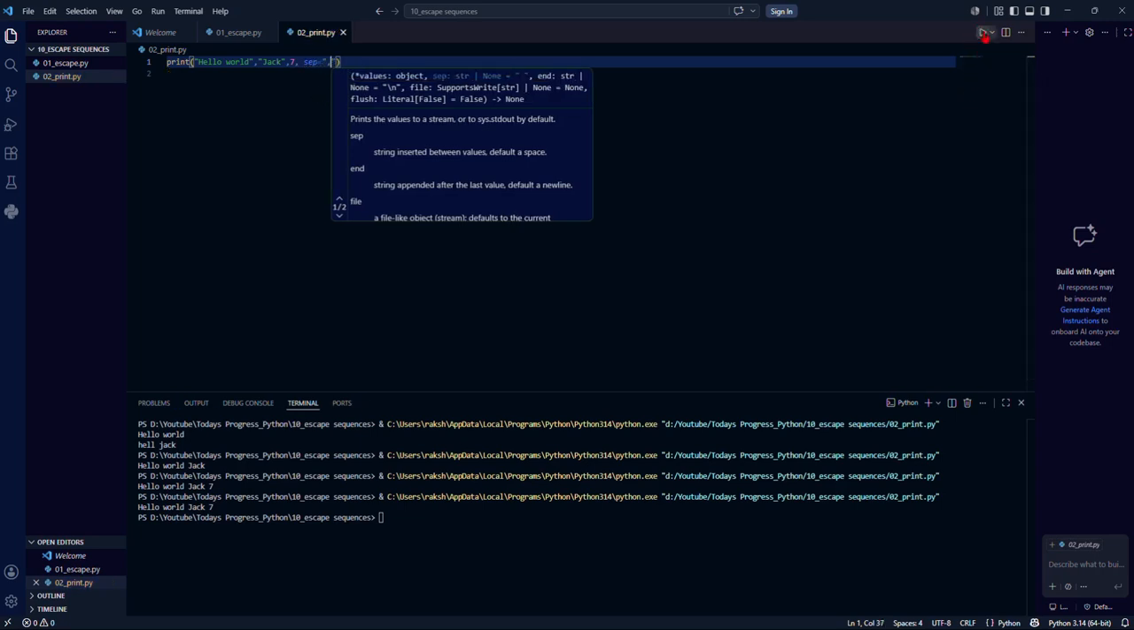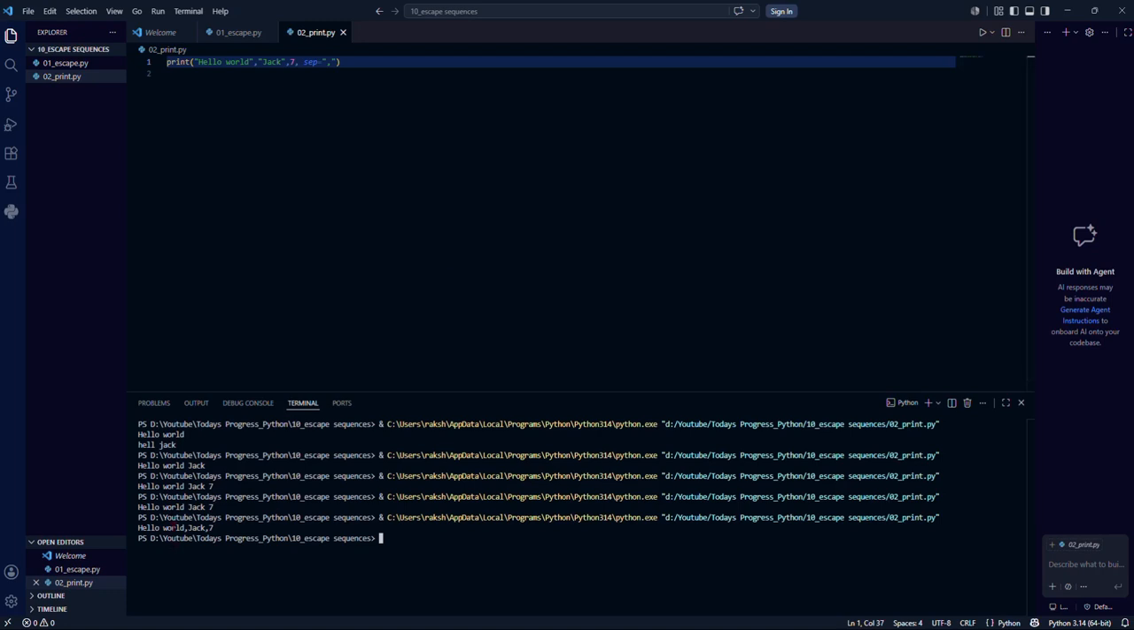Let me just run this program. Did you see that? After hello world, you can see a comma is printed. After every argument, a comma is printed now. Previously, we were seeing spaces. Now we see commas. Why is it so? Because the separator was a space, and now we have overridden that value with a comma. We can also make it a forward slash. If I put a forward slash and try to run this one, you can see that after hello world and Jack, after every argument, a forward slash is printed. Okay, this is how